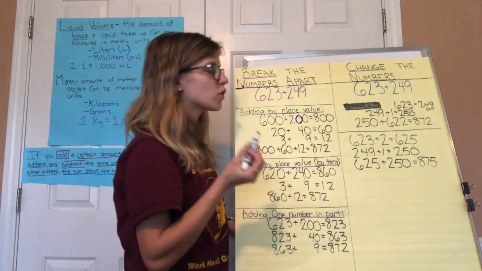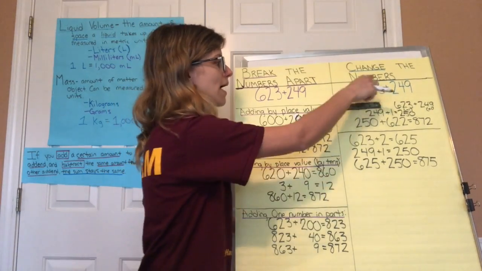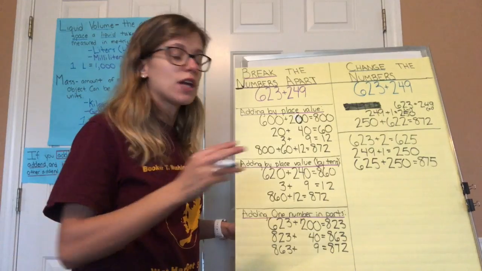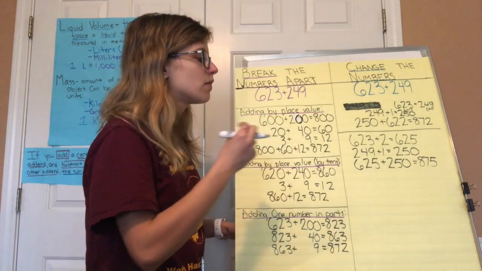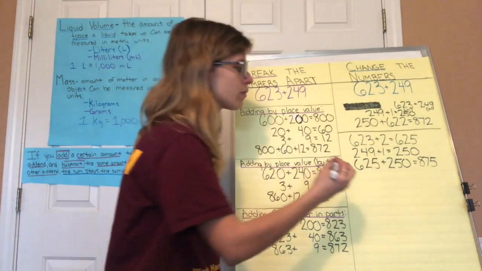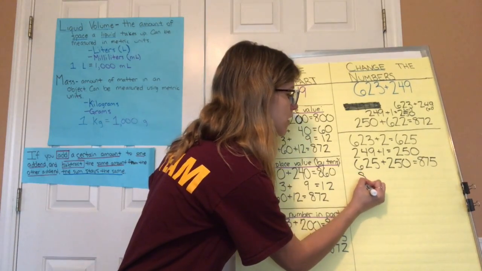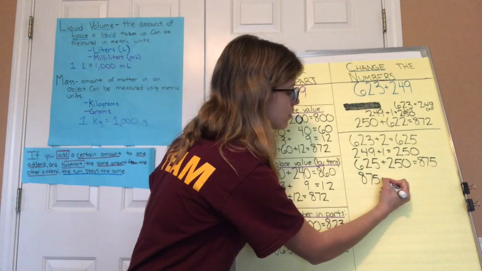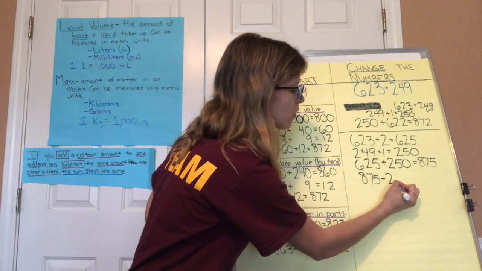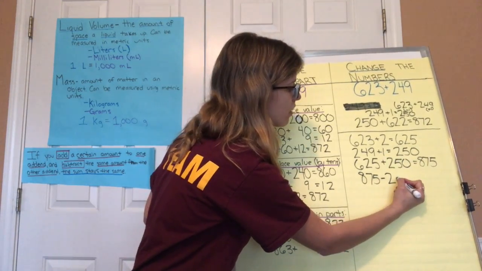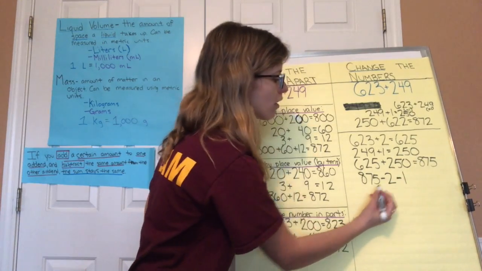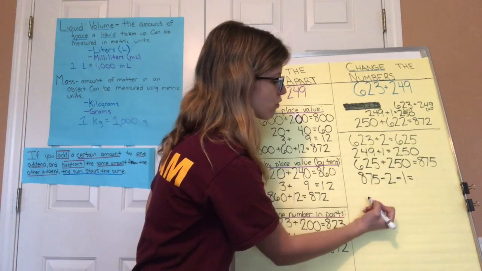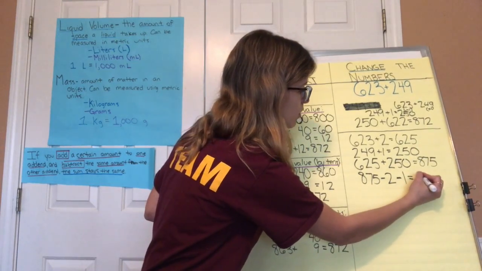And in order for this equation to be true and still match my original one, I need to change my numbers and take away the same amount that I added. So I'm going to start with 875, and I added 2, so now I need to take away 2, and I added 1, so now I need to also take away 1. So now I'm doing 875 minus 3, which would be